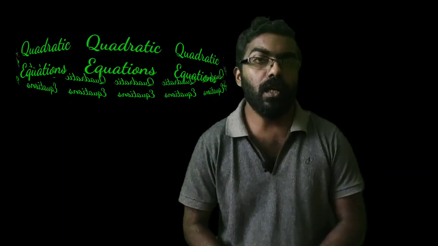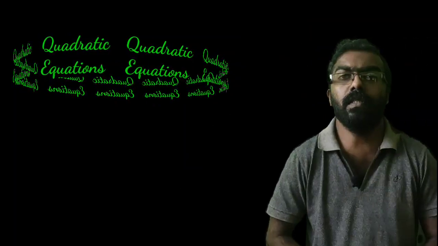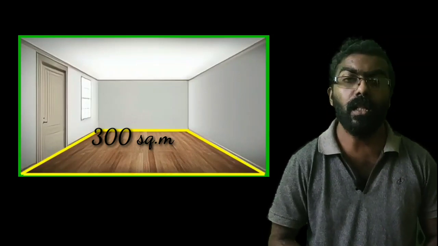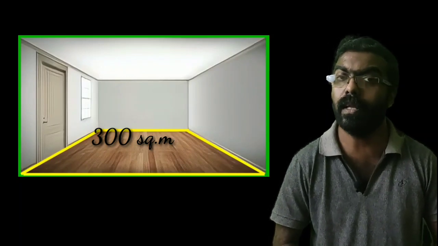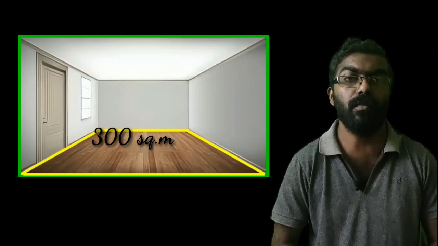And we can see a lot of applications of quadratic equations in our day-to-day life. For instance, suppose you want to build a new home with a hall having a carpet area of 300 square meters and the length is 1 more than twice its breadth. We have to find the length and breadth of the hall. How should we find the length and breadth? That's our question. I repeat, we have a hall with a carpet area of 300 square meters and the length of the hall is 1 more than twice its breadth. We need to find the length and breadth. We can easily find the length and breadth by using quadratic equation. How is it possible? Let's see.